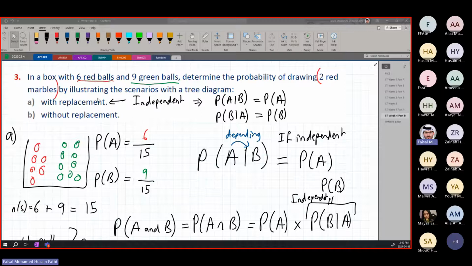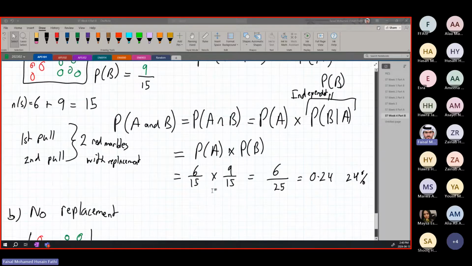Six, 6, 9, 15. Okay? So this is what this is. Now, the second case will be, the second case